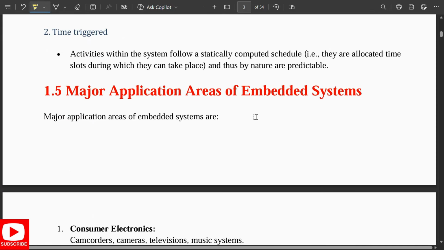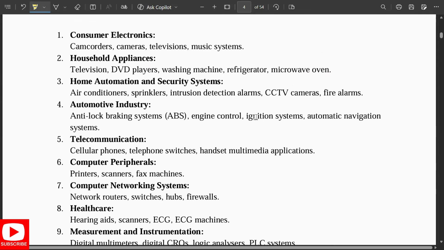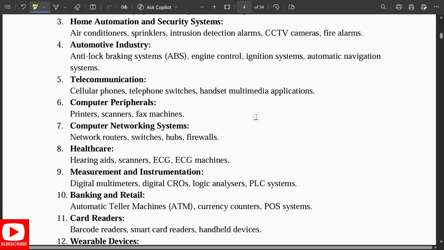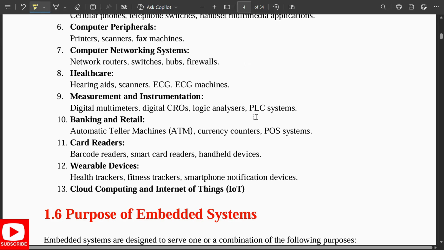The major application areas of the embedded system are: first is consumer electronics in the camcorders, cameras, televisions, musical systems; in household applications like TVs, DVD players, washing machine, refrigerator, microwave, oven; then home automation and security systems, here air conditioners, sprinklers, etc. Then automotive industries, here it is anti-lock braking system, ABS, engine control, ignition systems, etc. Then telecommunications, here cellular phones, telephone switches, computer peripherals in the printers, scanners, fax machine, in the computer networking systems, that is routers, switches, hubs, firewalls; healthcare, here in the hearing aids, then scanners, ECG machines;